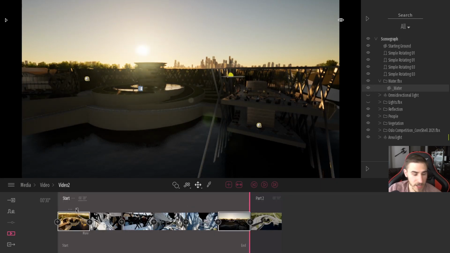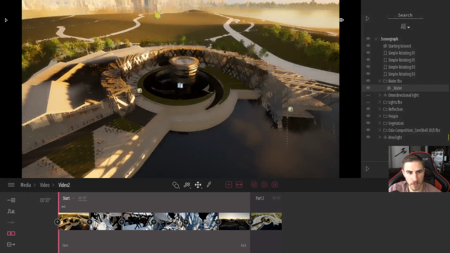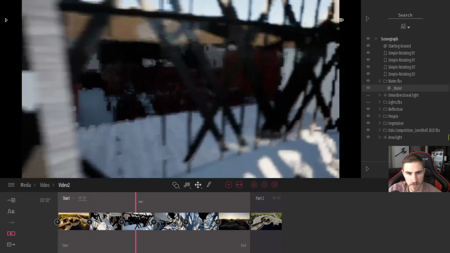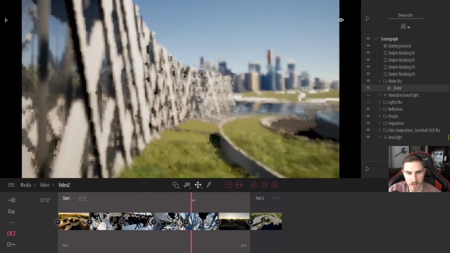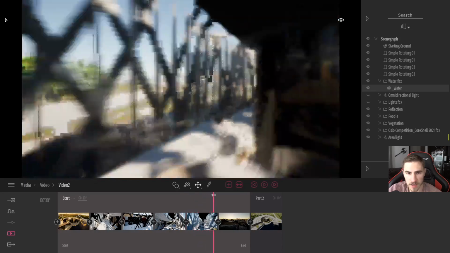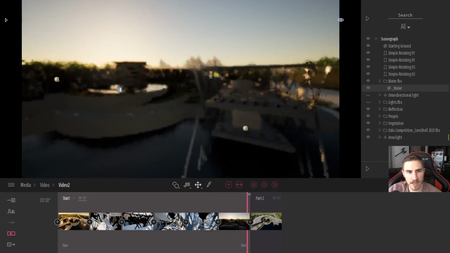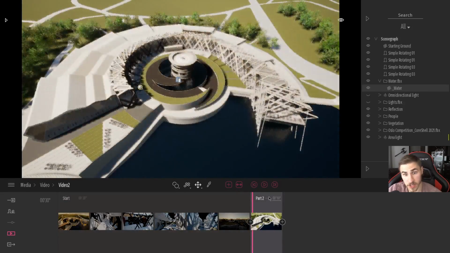So at the beginning, it's clearly in the morning. And I know it's kind of hard to tell, but it's not in the afternoon. But then we transition into the afternoon and then finally get more to a dusk look. And so let's go ahead and just scrub across this, and we can even see the sun move as I scrub. Of course, the quality isn't that great, but we could see the sun move. And as I transition along, the sun's higher in the sky, and then finally, as I get more towards the end, we can see that the sun is starting to go down, and I get that more of a dusk shot. And of course, then I jump to the next part.